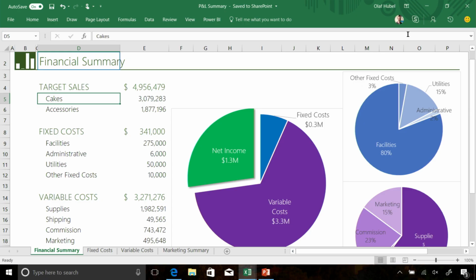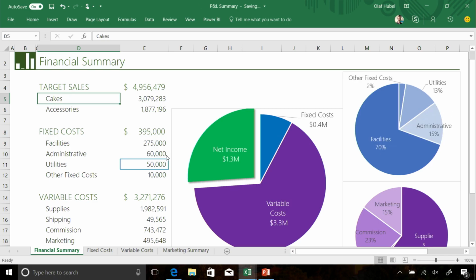Now, because I've done that, you see that Alex is already in here. If I mouse over him, you see that he's actually working on D2. And now he's moving down. Here you see I am this green, that's me, highlighting my cells. The blue one under there, that's Alex in the same file working with me at the same time. I can go over there and hover, and he will be editing this number because 6,000 is clearly wrong, it was supposed to be 60,000. While he's editing, I won't do anything, and it will just refresh and show me that data, and everything